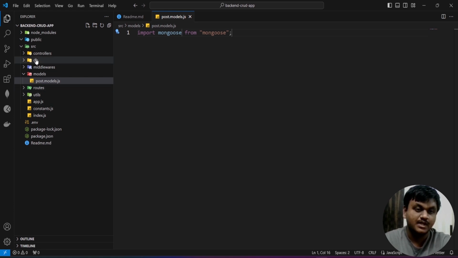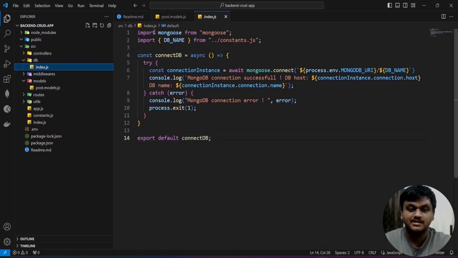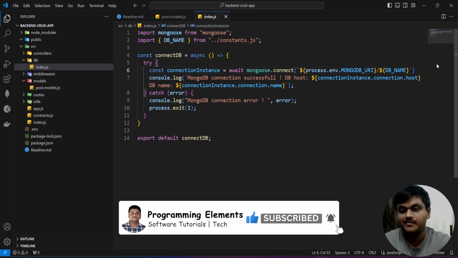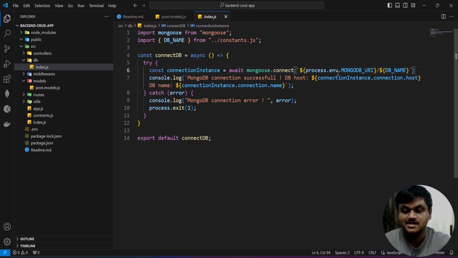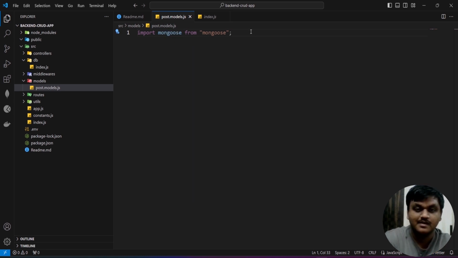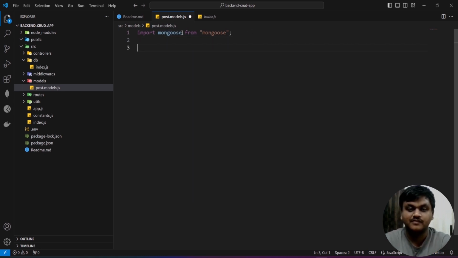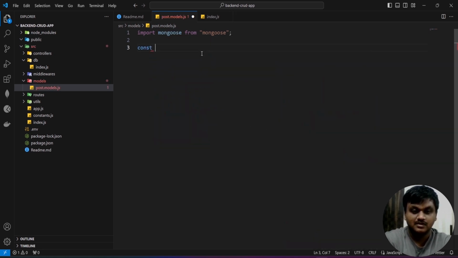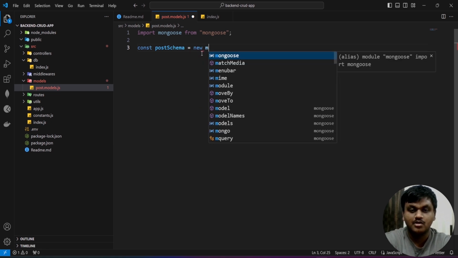If you see the DB connection, we did the connection using mongoose only. We used mongoose.connect and passed the connection string as an argument. But here we are going to use some more functionality in mongoose, called schema and model. First, I'm going to use the schema, naming it postSchema equal to new